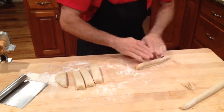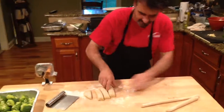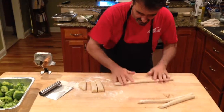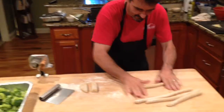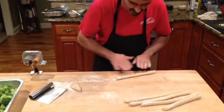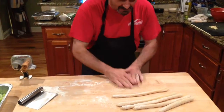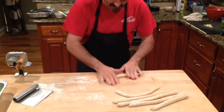And each one gets rolled out, about the size of a pretzel stick, I guess. You know, about the size of your finger length, finger width. Then once we get them all rolled out, I've got the Cavatelli machine already attached to the table. And this is a pretty quick recipe, so since we're going to be making this with the broccoli and garlic